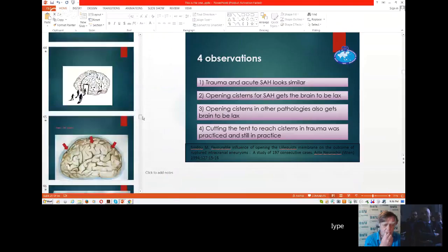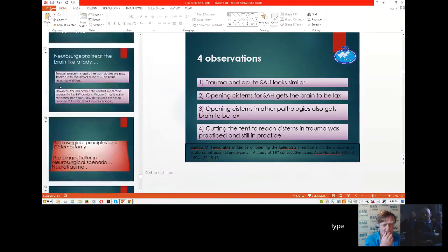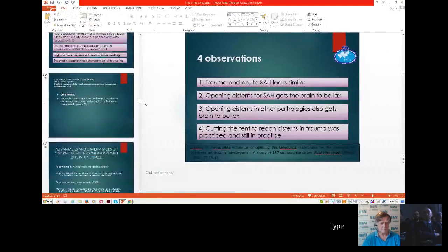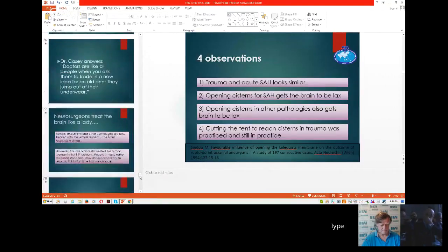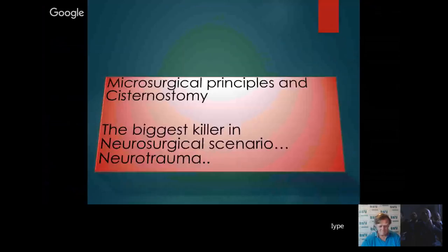I remember Antonio telling me that what is politically correct, that is what he would be saying. I understand. But we must understand one thing. Unlike in Europe, in our continent, in neurosurgery, the major killer is trauma. I put all my aneurysms aside. We are a center which does almost 150 aneurysms every year, but we do almost 600 traumas every year. So in a center like ours, if we do not look at trauma in a microsurgical way, I mean, people have evolved. Just meningiomas, earlier there were people who used to take out meningiomas with a finger. Aneurysms, people used to operate without microscopes. All that